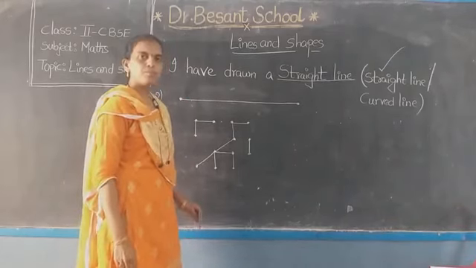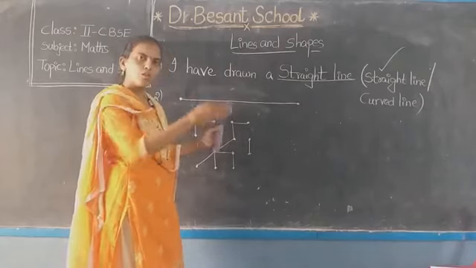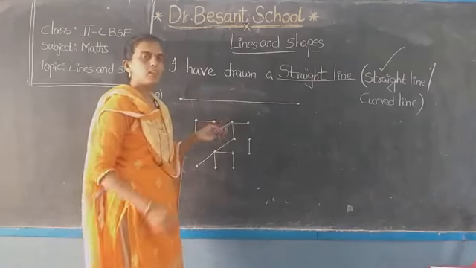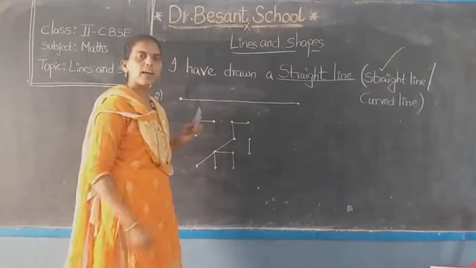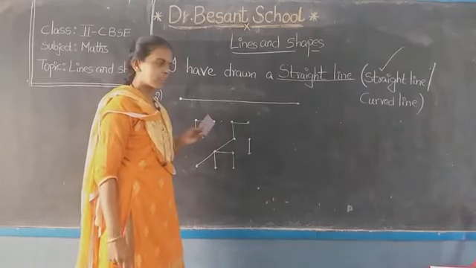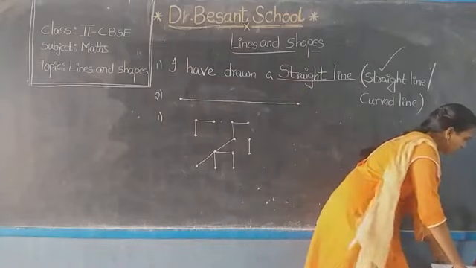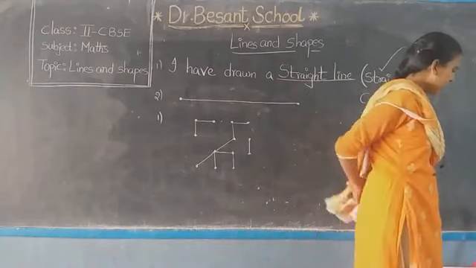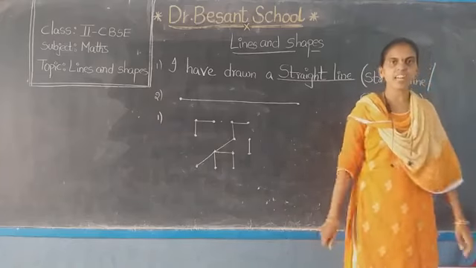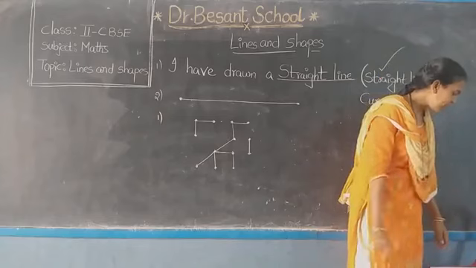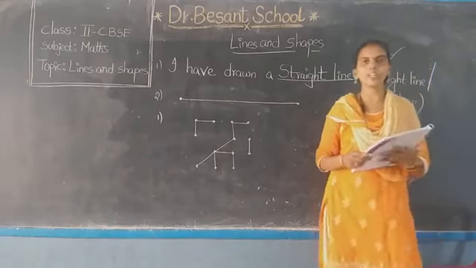I'll wait for you. Do it. Joining two dots, you have to draw a straight line using your scale support. Take the scale support and draw the straight lines. Children, you have to draw neatly without hurry. Don't do any curved lines. Draw straight. Take your own time to draw. You have enough time.